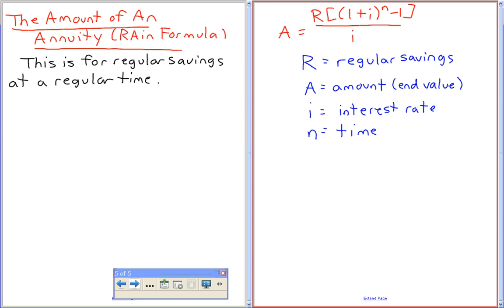Okay, so these questions are going to change now. They'll be worded differently. They'll say things like, Kayla saves up $20 a week for a year. What will she have? Okay, right. Or Noah saves up $100 a month for 20 years to buy the fishing boat of his dreams or whatever.